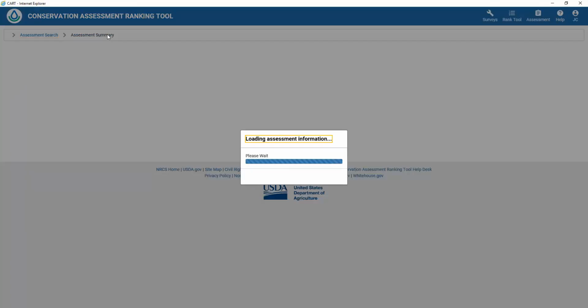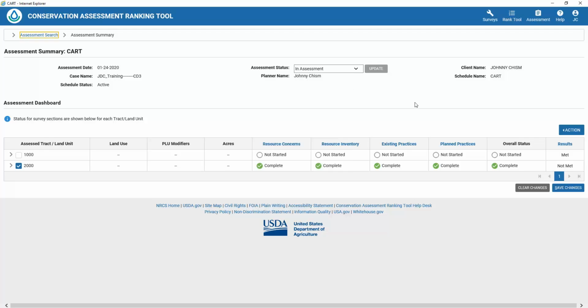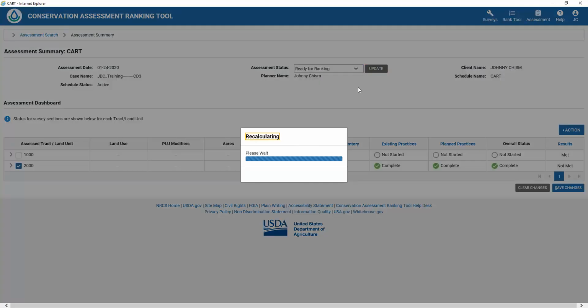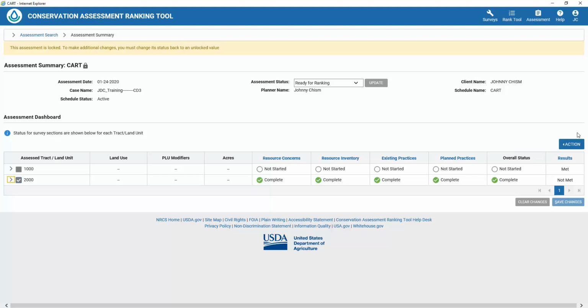So that's our assessment. We're pretty much done with our assessment, and if we're through with that, we can go ahead and change this to ready for ranking. So I'm going to click on the ready for ranking and update my assessment. It's going to recalculate all the points. Once the assessment is saved, we have changed the status to ready for ranking, and notice now that this assessment